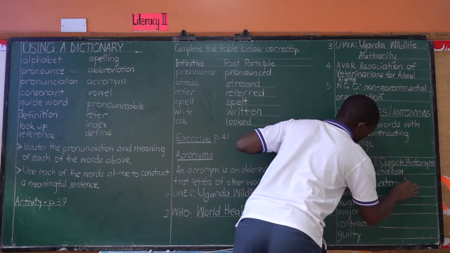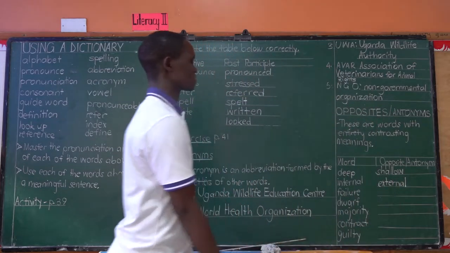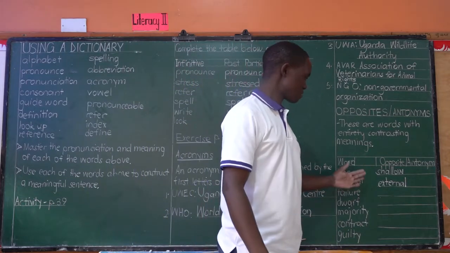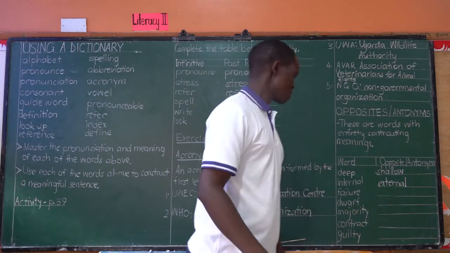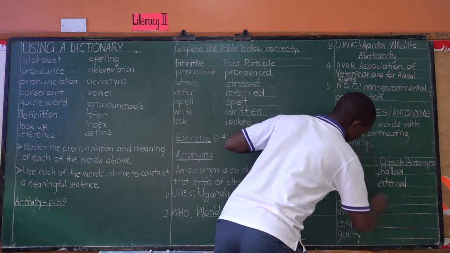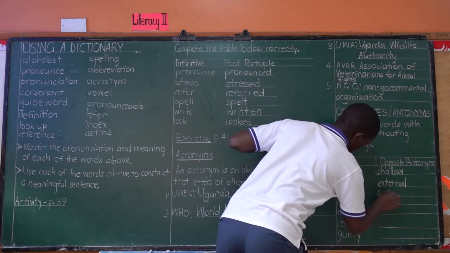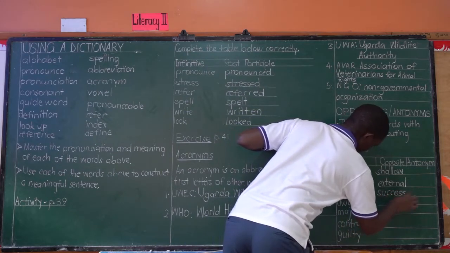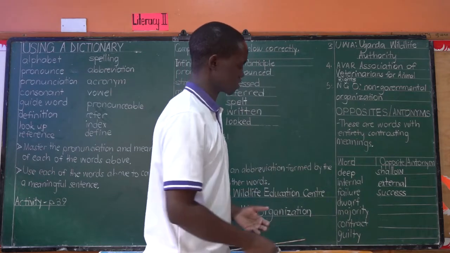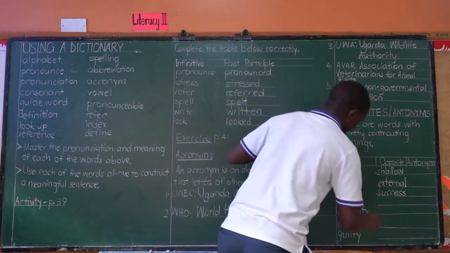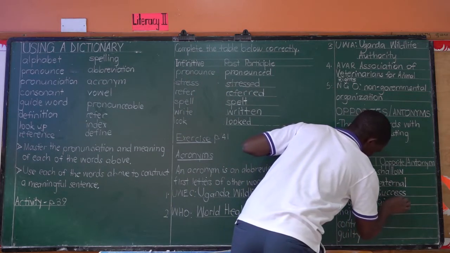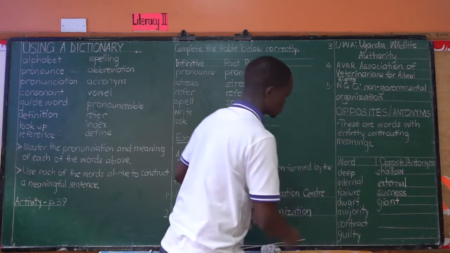We have internal parasites in animals plus external parasites in the same animals. Internal, that is inside, external, outside. Failure: if you register failure, that means you have failed to register success. So success is the opposite of failure. Double C, double S. Dwarf is our word here next. And its antonym is giant. Giant, the antonym of dwarf.